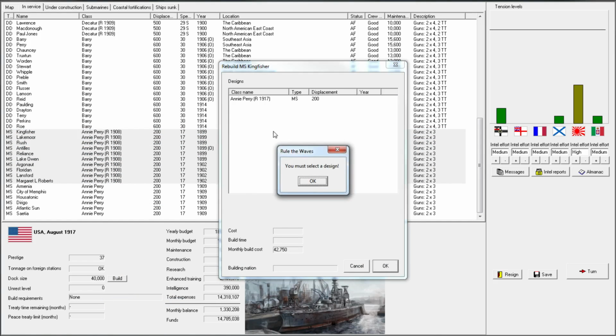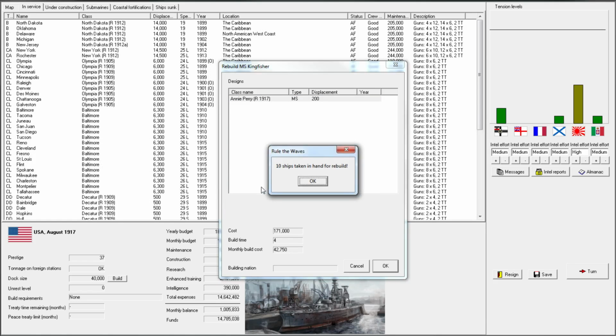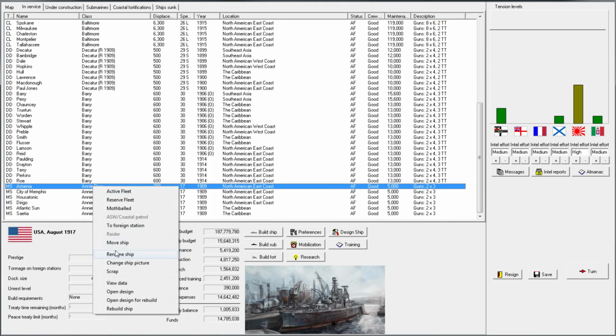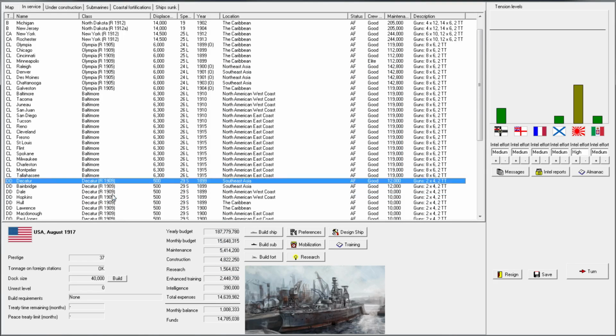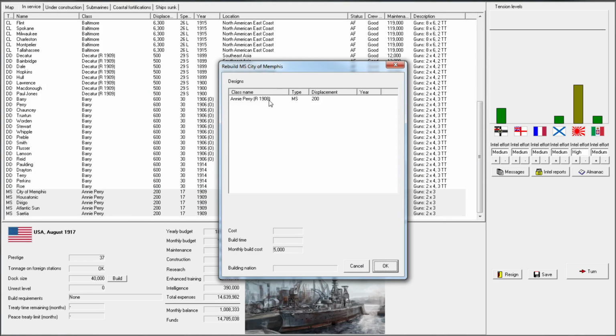Good. Yes, I meant that the only design available is the one I want to use. Fantastic. And we do the same thing with these ships. We probably even have to build a few more just because I'm not sure how many were scrapped without my paying attention. Can we use this? I don't know if we can. Oh, it will. Fantastic. Yeah, then just rebuild to the...